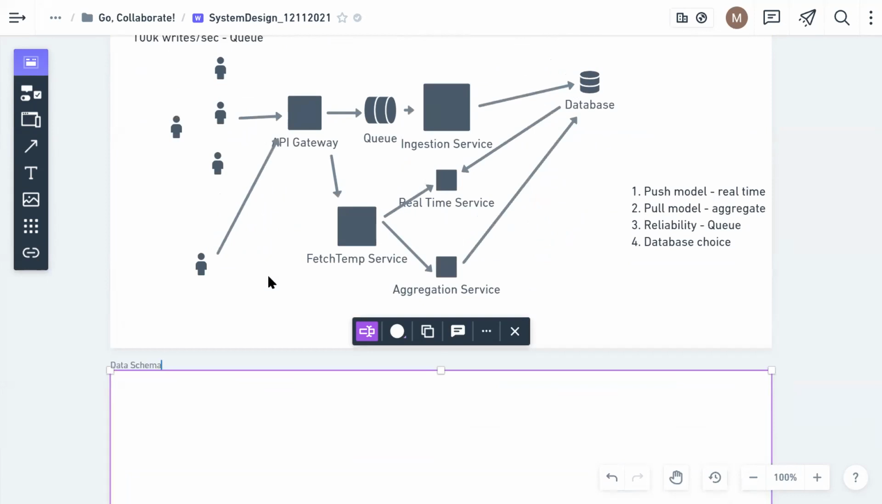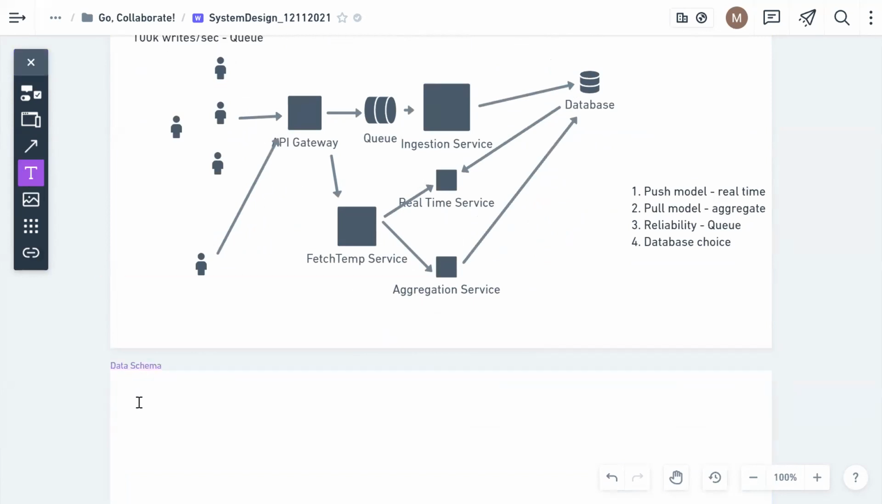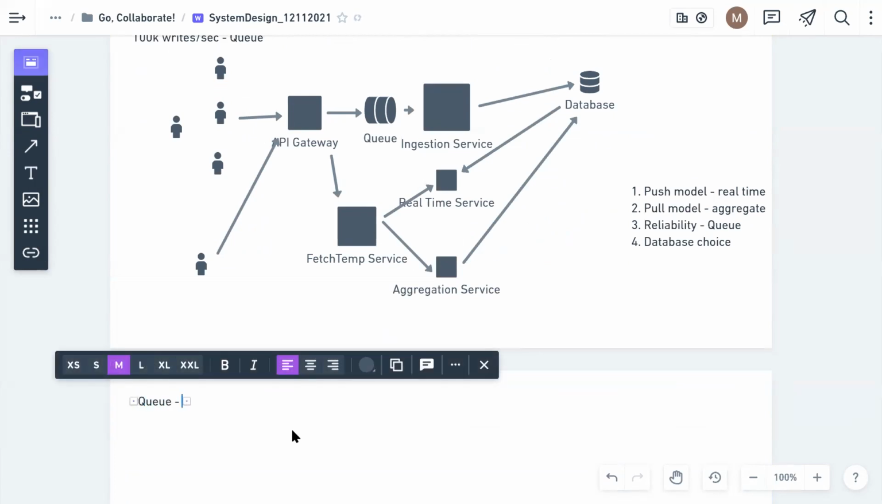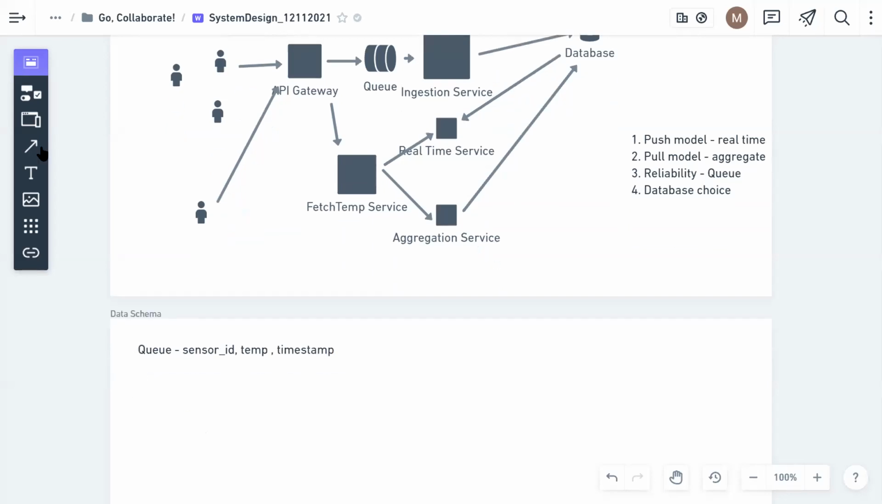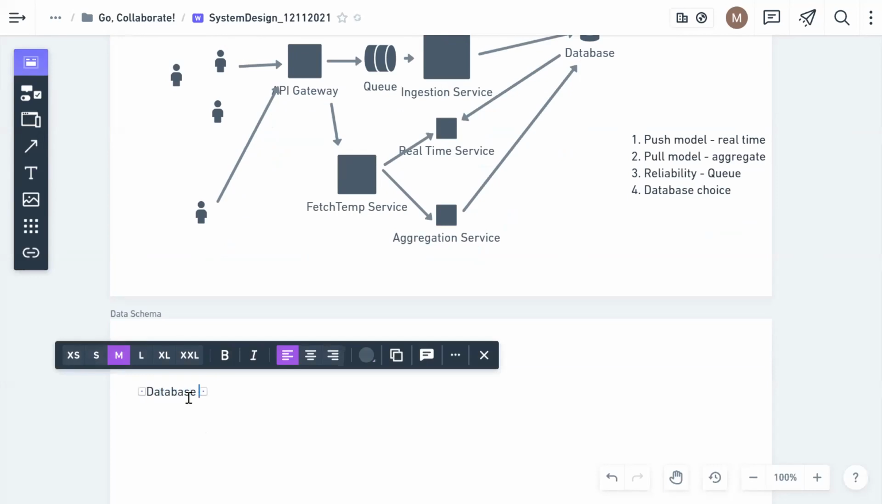After the high level, I would like to create the schema. We basically have two places where we'll be having the schema. One is the queue and the other is the database, right? So for the queue, the schema will be something like the sensor ID, temperature, and the timestamp. And for the database, the schema will be something like